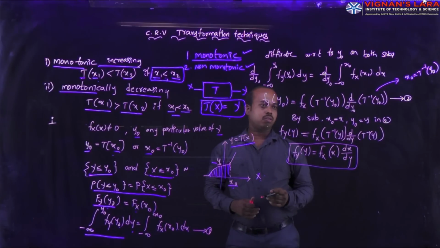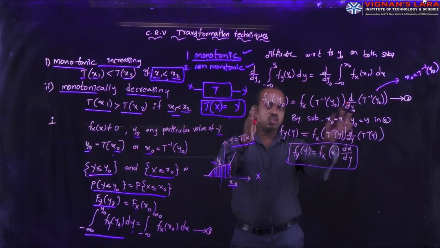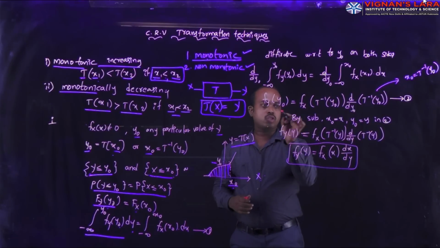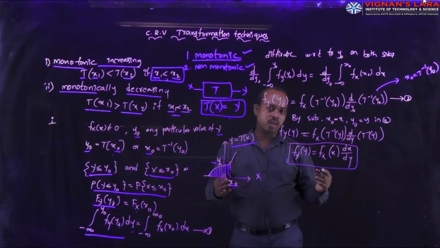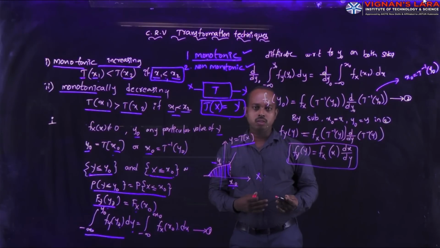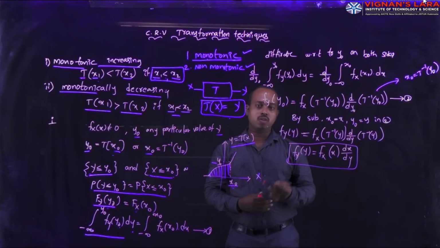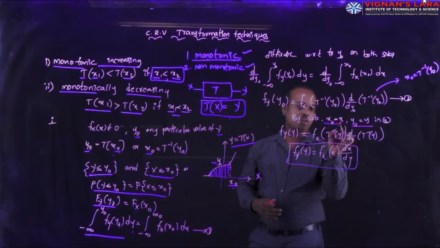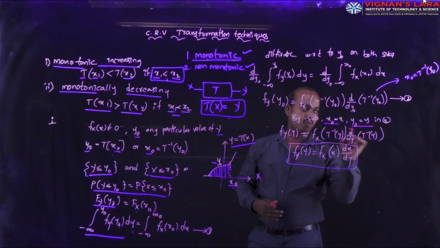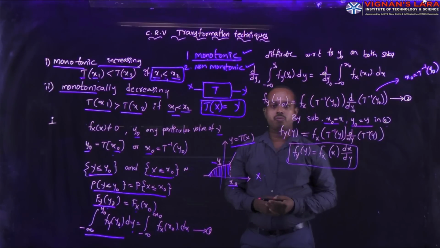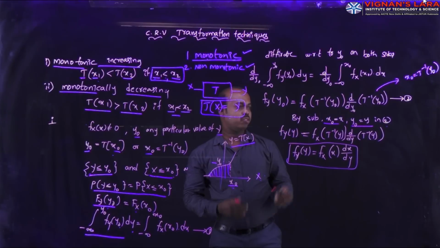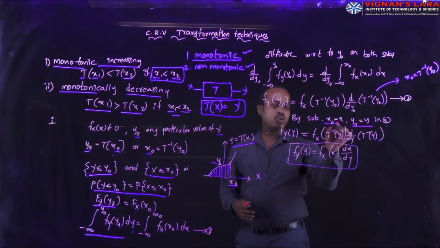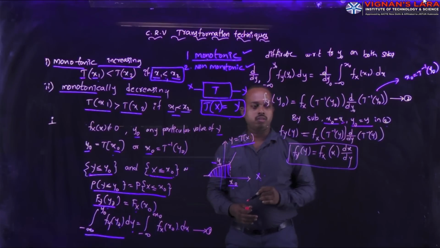From this, the complete equation lies on x naught and y naught. Those quantities I'm replacing with x and y for our convenience. That's why I'm writing one more step: x naught is equal to x and y naught is equal to y in our equation 2. For this condition, where y naught is there, you just keep y, and where x naught is there, you keep the x quantity.